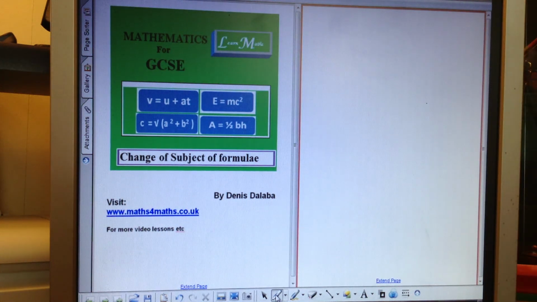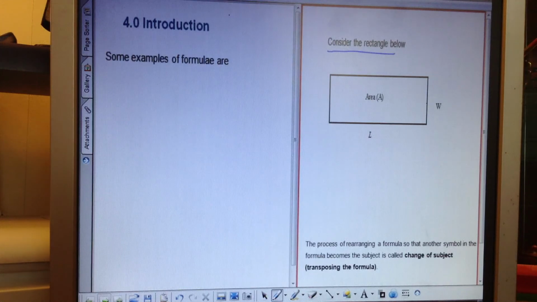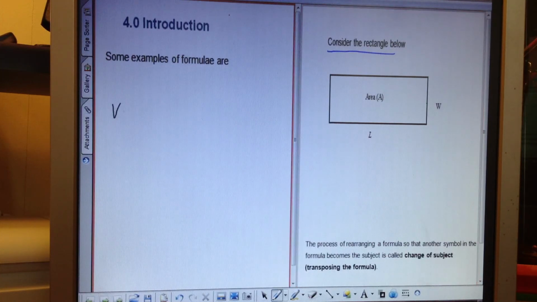In this video, we are going to look at change of subject of formulae. Introduction. Some examples of formulae are V equals U plus AT,